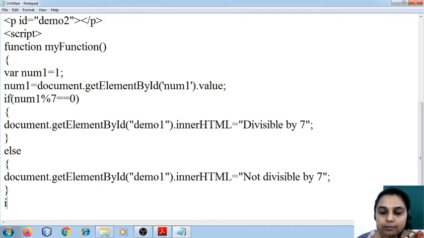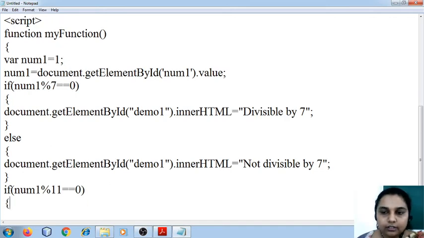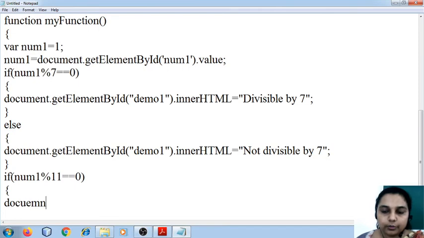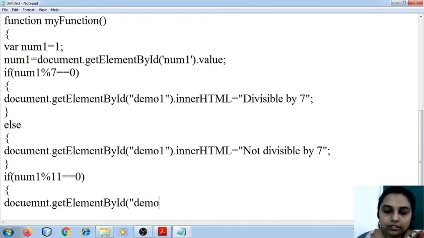Now we need to check whether the number is divisible by 11. So if num1 mod 11 is equal to 0, then again I'm going to write document dot getElementById demo2 dot innerHTML is equal to "divisible by 11."